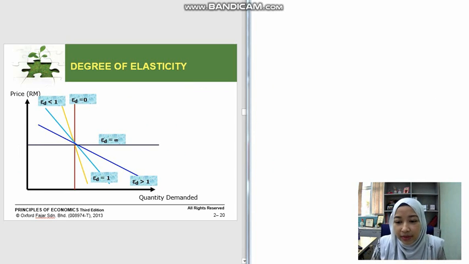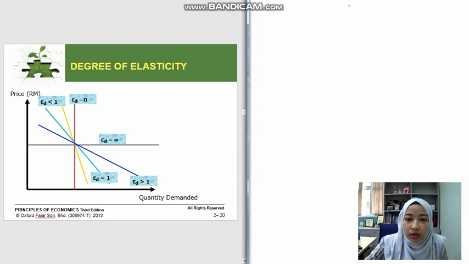Now, let me illustrate the elasticity in the form of a graph, or curves. So we have five types of elasticity just now. We have elastic demand, inelastic, perfectly inelastic, perfectly elastic, as well as unitary elastic. So we are going to illustrate all those 5 using a graph. Let's look first at